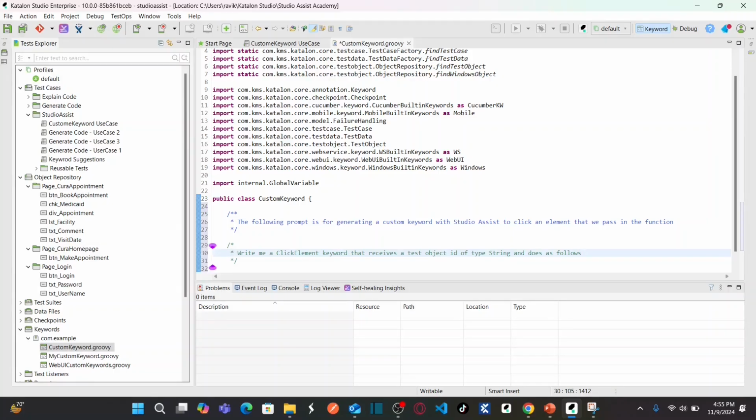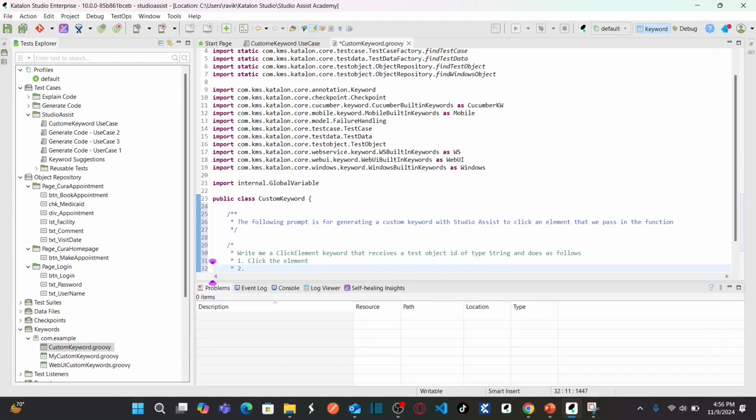Means I would like to create click element function which receives the test object ID to that particular function. What is the test object ID data type? It's string. So what this function is going to do? This function should click the element,